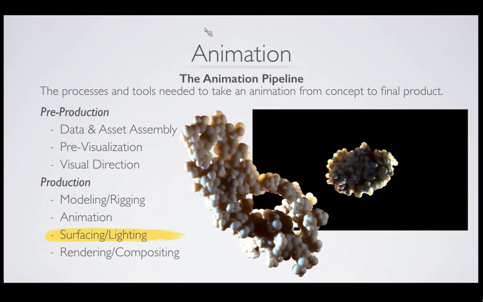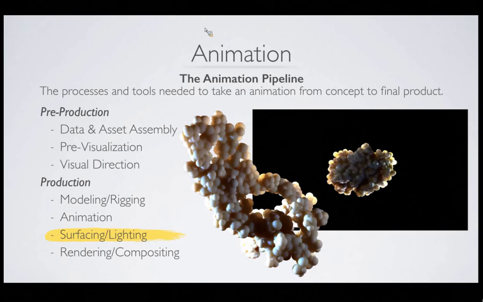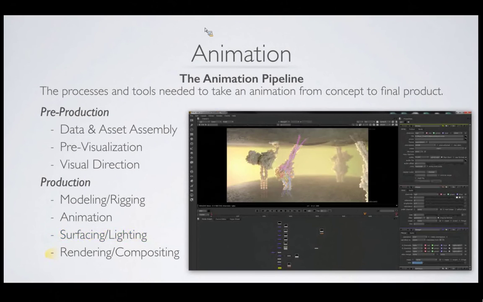Subsurface scattering refers to the translucent effect that you see on the edges there, and that's caused by light that enters an object in one area and then bounces around a bit internally and then exits in another area. And so you see this kind of like with your skin and stuff. And then once you have surfacing shaders and things like that, you also need to start putting together a lighting rig where you direct people's eyes to certain parts of the scene just simply using light and color and things like that. And so once you have that, you're ready to actually start rendering out frames.